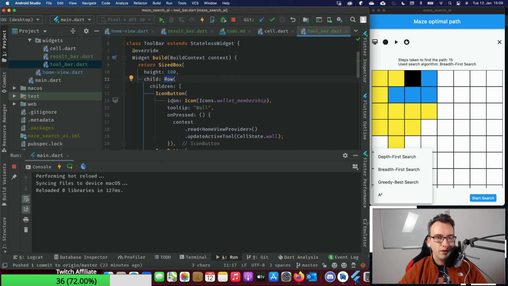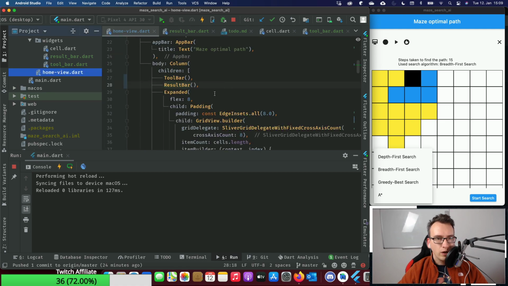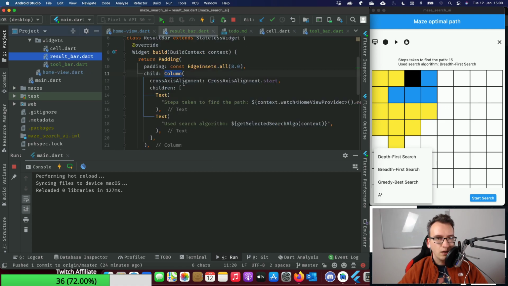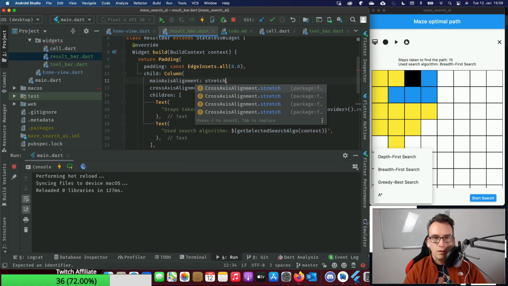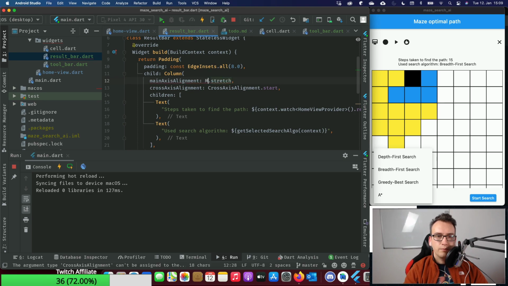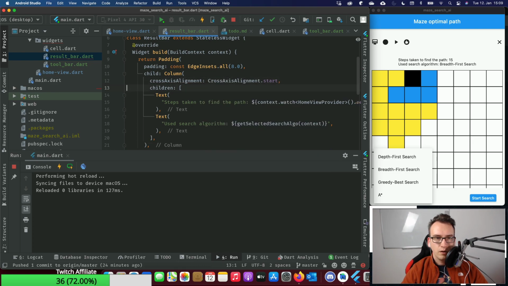And then we have the children. No, this is a row, that makes sense. So what happens if I use the main axis alignment and stretch the whole thing? Nope, nope, nope. Oh wait, main axis alignment will take the same, this one.